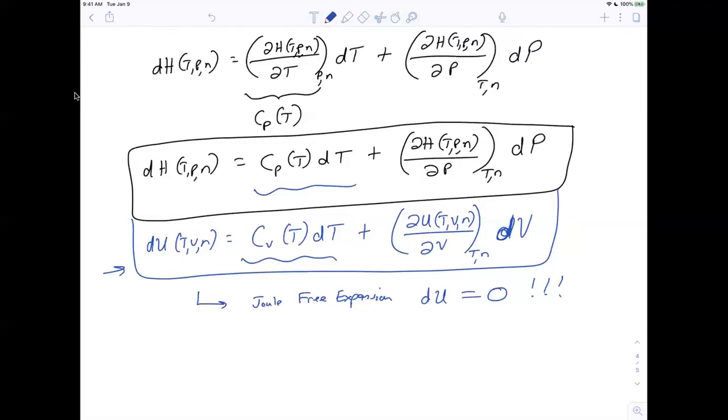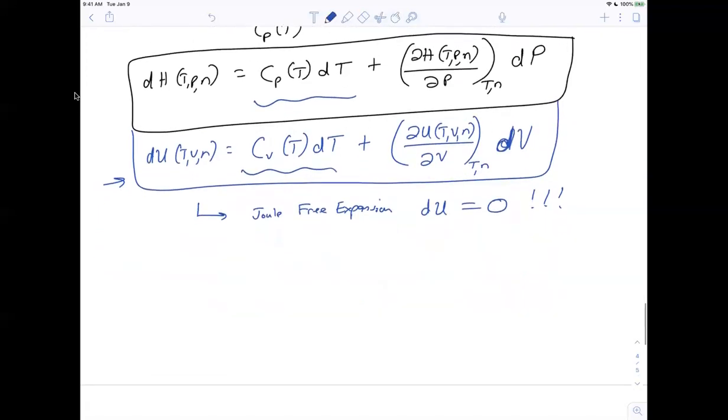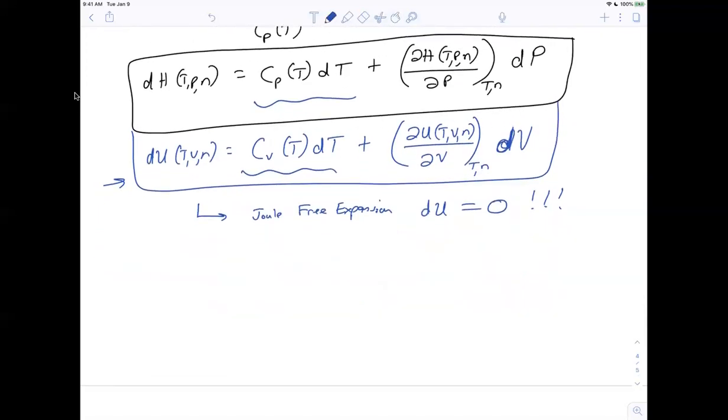Today, we're interested in the question, what is partial of H with respect to P? Is there any way we can devise an experiment in which we can do the same trick? Is there any way that we can devise an experiment in which dH is 0? Because if dH is 0, we can use this top equation, the equation above the one that's in blue, to rearrange that equation and obtain this partial of H with respect to P isolated in terms of things that are